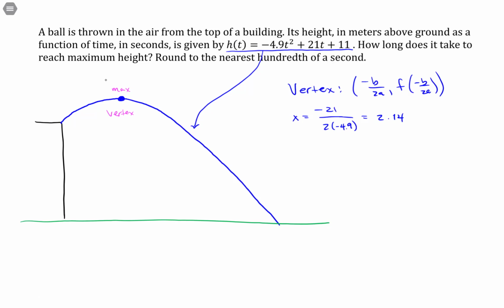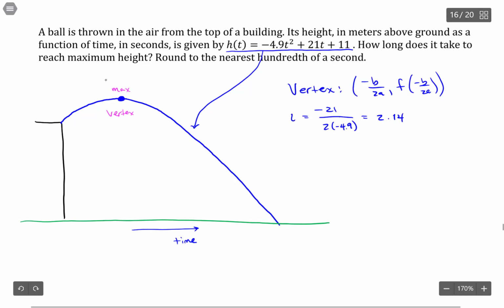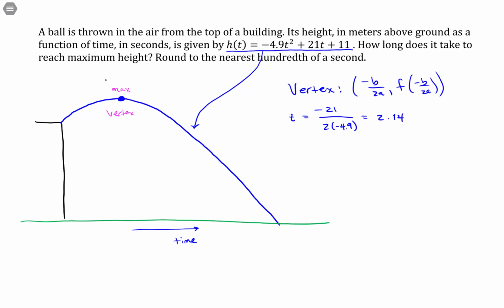That's going to be the length of time, because this axis going this way, this is time changing. So I should label this t, because it's h of t. All right, so t equals 2.14 seconds. So that's how long it takes to reach the maximum height. If we wanted to know what the actual maximum height was, then we could take this value and plug it into our function. But the question here is only asking for how long it will take before that happens. So there we have